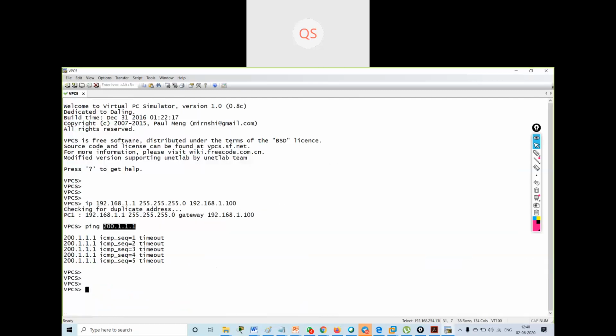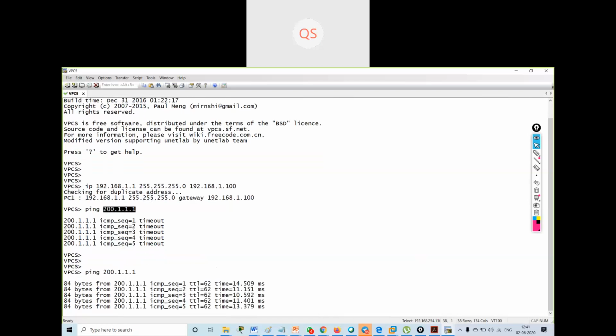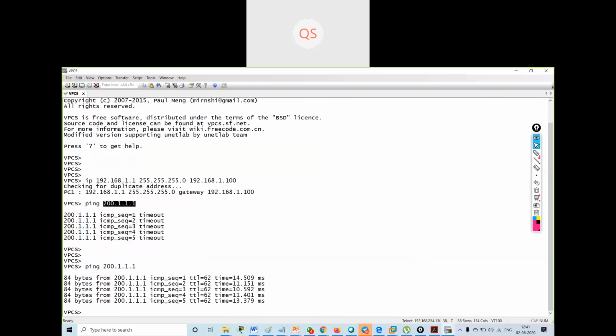I will go over here and ping 200.1.1.1. See, now I can reach the server over the internet from the private IP address. Understood?